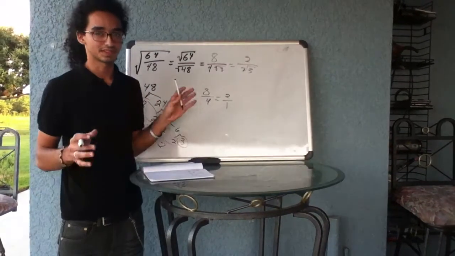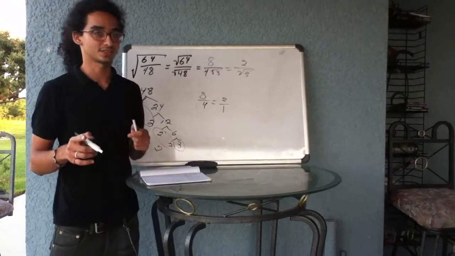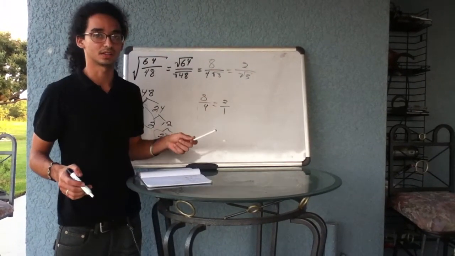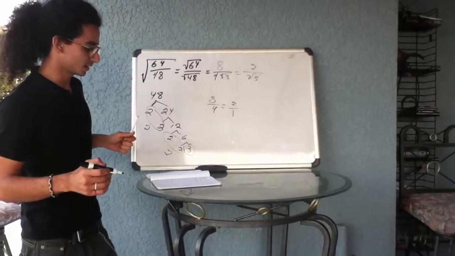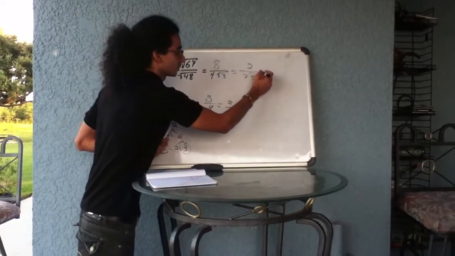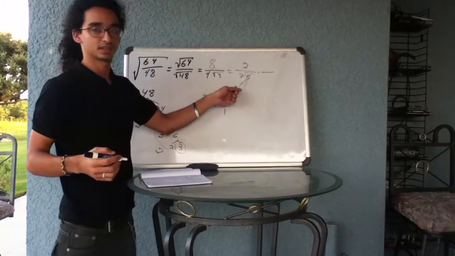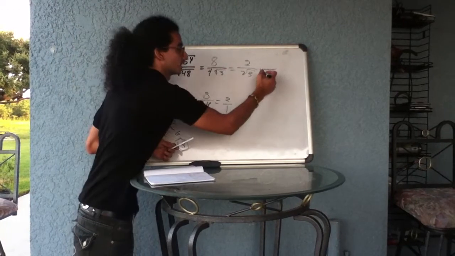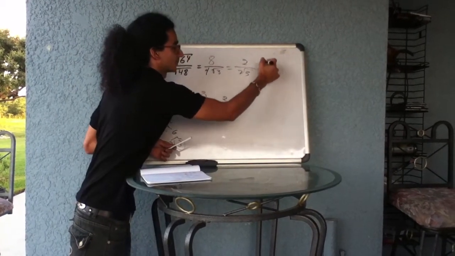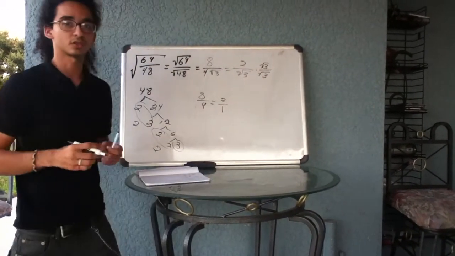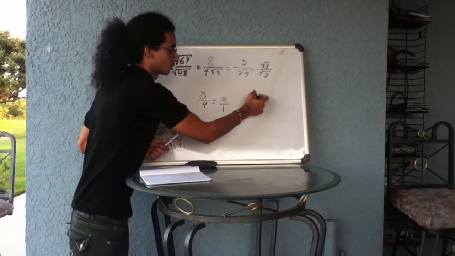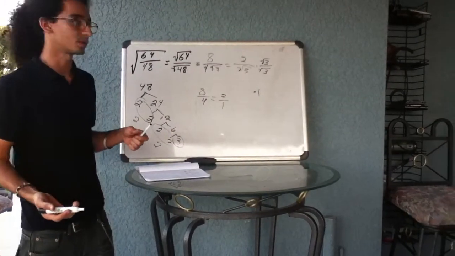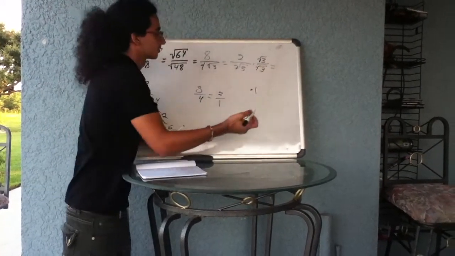Alright, with that said, you're not done yet. You might seem done, but don't forget to rationalize your denominator, which means you can't leave a radical sign in the denominator. So to rationalize the denominator, you have to multiply top and bottom by the actual radical number. In this case would be multiply top and bottom by square root of 3 over square root of 3, because that's just plain and simple 1. You know, not really changing the problem,